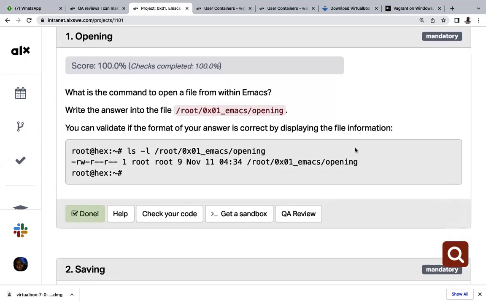Your project one, this is your number one task. They say, what is the command to open a file within emacs? Then write that command into this file. The command to open a file within emacs, you know the command? If you don't know it, fine. I'm going to teach you. So copy this,